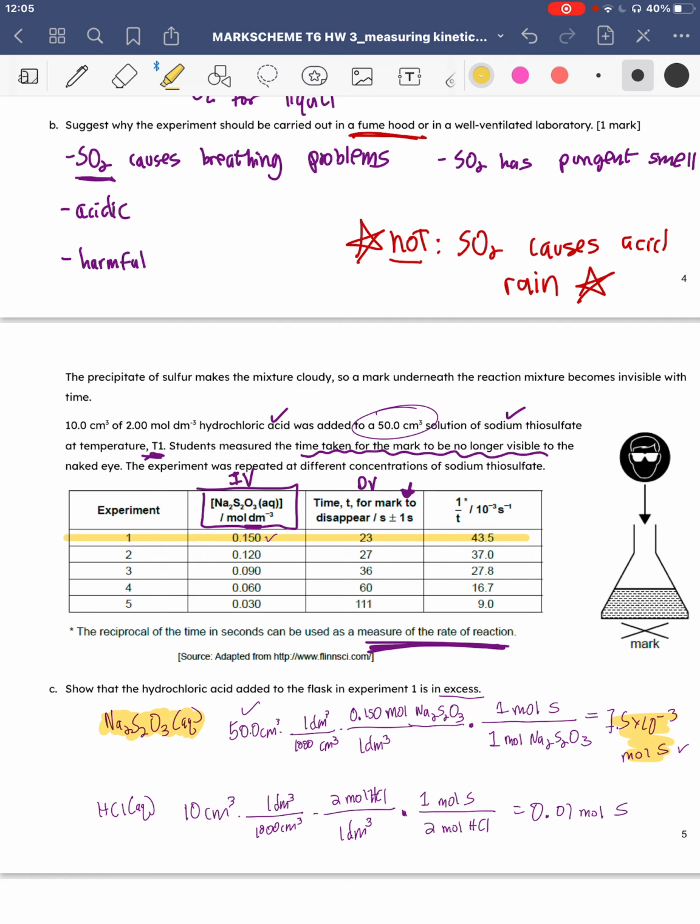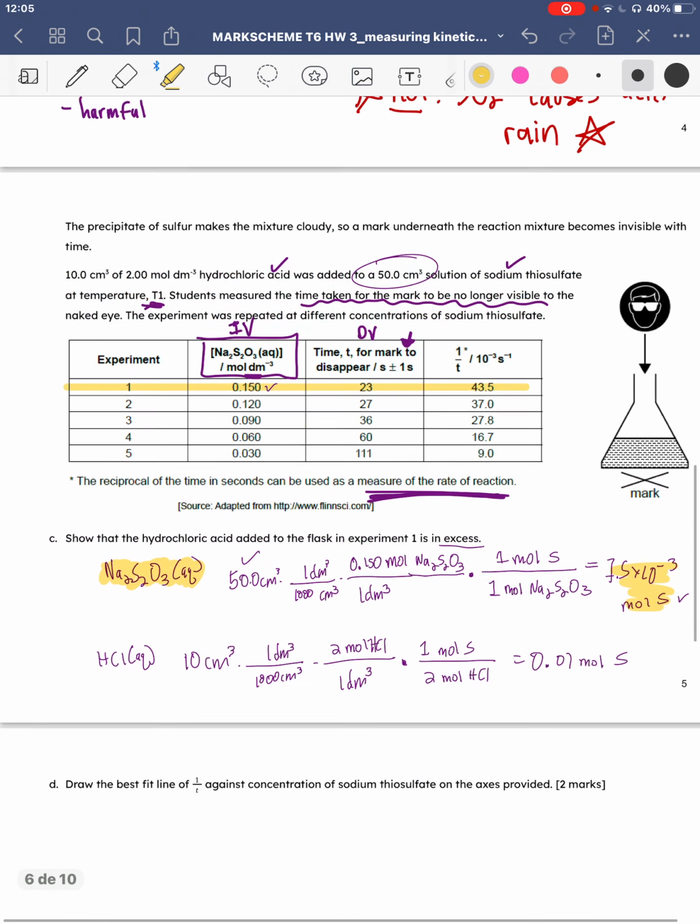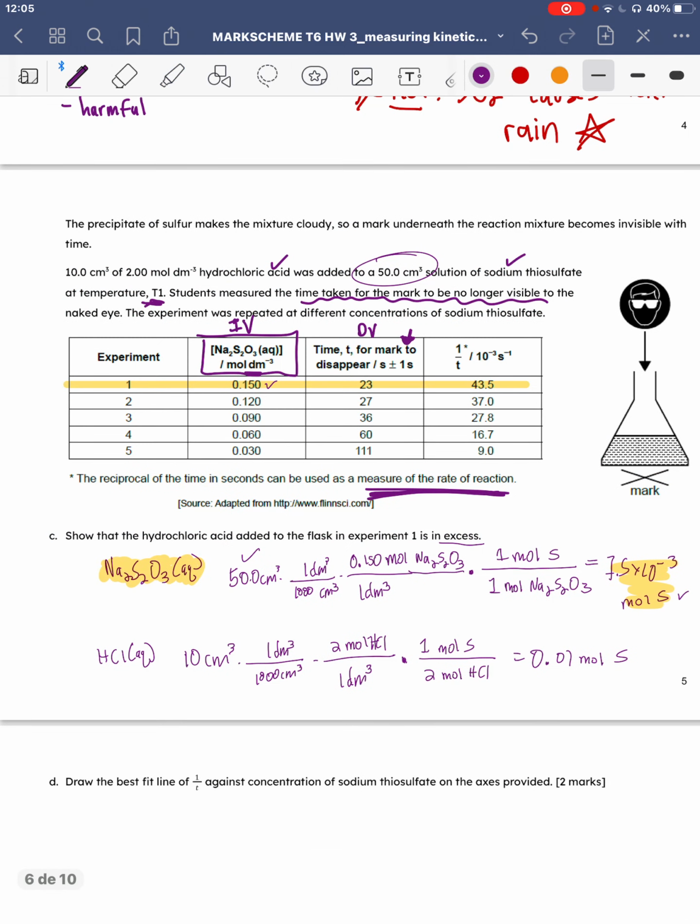So we have to do this math, and then in order to earn that second mark, this was a 2-mark question, we have to make sure we explain how we know that we showed what they were asking for. So you might do something like